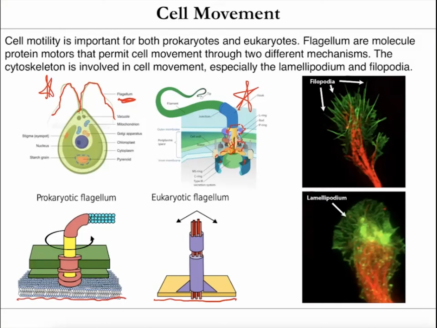But cells can also move just through the action of their cytoskeleton. So the cytoskeleton can actually get bigger, get smaller, sort of interact with things in the environment. It can make these sort of things coming off called lamellipodia, and then these filopodia. And so this can allow cells to sort of interact with and move through their environment. So these are very common in things like macrophages that move around the cell and use these to engulf other cells like bacteria for phagocytosis.